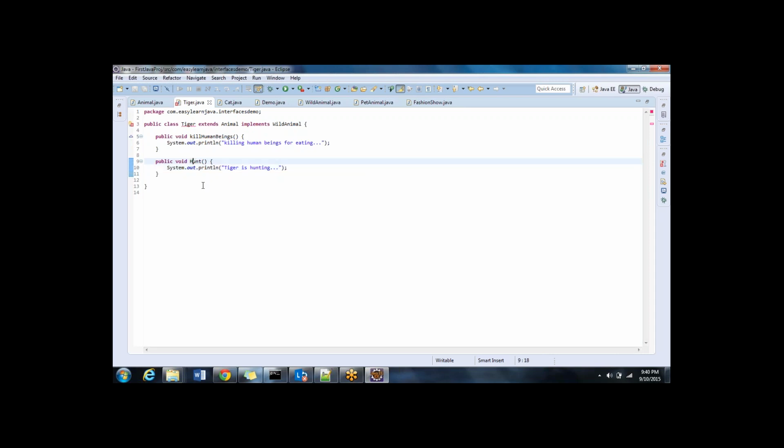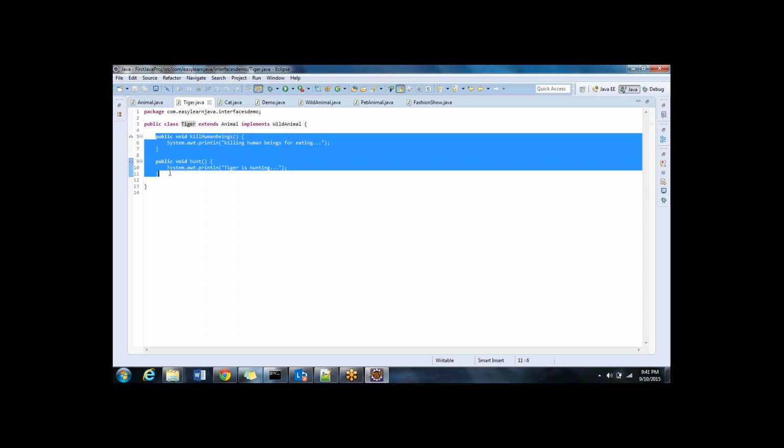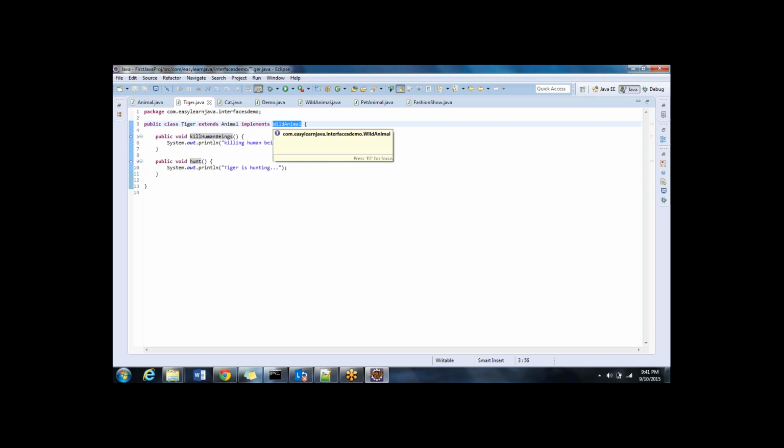Oh, sorry. Hunt, H small t. So H is small. So now the error is gone. Why? Because even in this current scenario, Tiger can see 4 methods, but all the 4 methods are concrete methods: 2 from the animal class and 2 which are present in the current class, which are hiding the wild animal